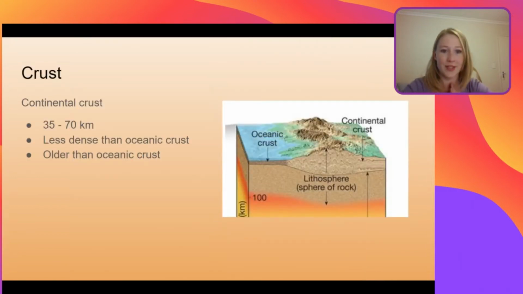Let's get to the crust. This is where we live, that thin little layer. So the crust, we have continental crust and we have oceanic crust. Continental crust is the physical land that we are living on. Continental crust is actually fairly thick compared to oceanic crust. Now, don't get me wrong, it's not thick compared to the whole of the Earth, with the mantle and the outer core. But when we compare the two different types of crust,